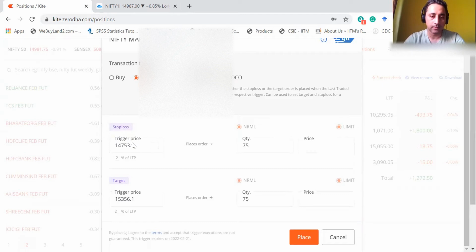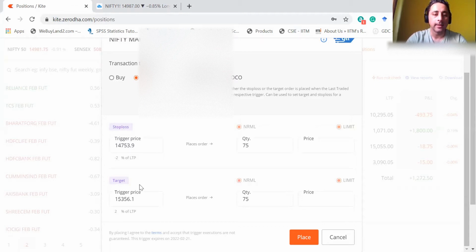One stop loss order means a certain level will be decided below which I don't want to carry the trade forward. So if that level is breached, if price falls to that level, automatically my position will be sold, whatever I'm holding. And this sort of order is valid for, if I'm not wrong, 1 year, maybe even more than that. I'm not so sure about that, but that's a good enough time period. If I were to do this in ICICI, they have a VTC, but that's only valid for 45 days. So that's why I'm not using ICICI, but that's very expensive and they have just not kept up with the